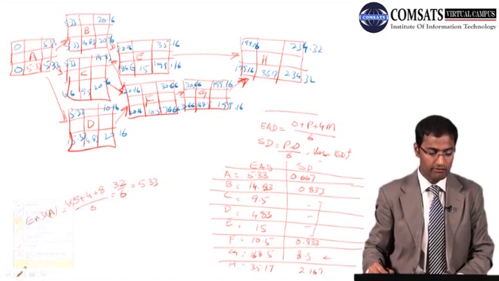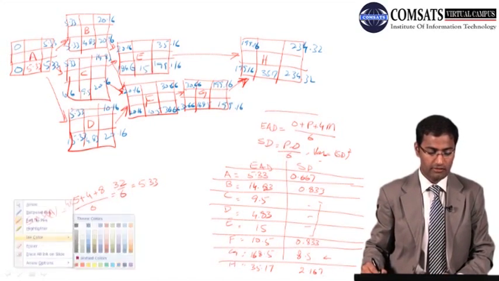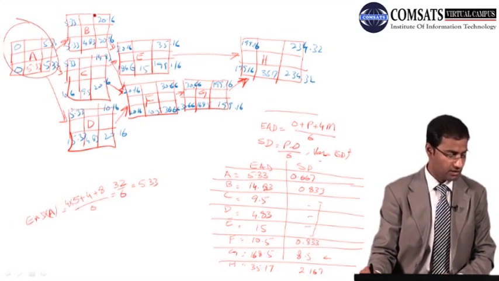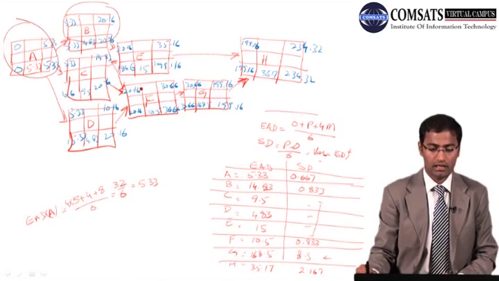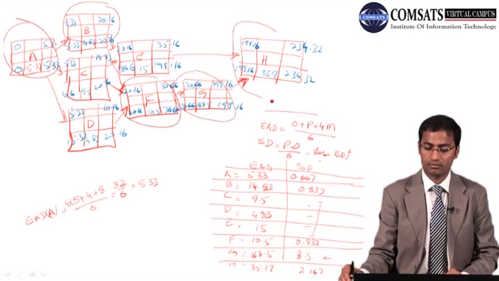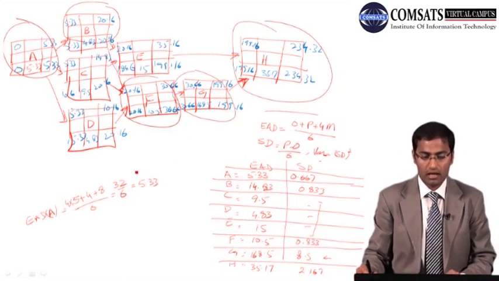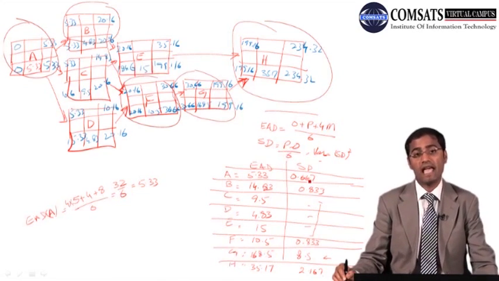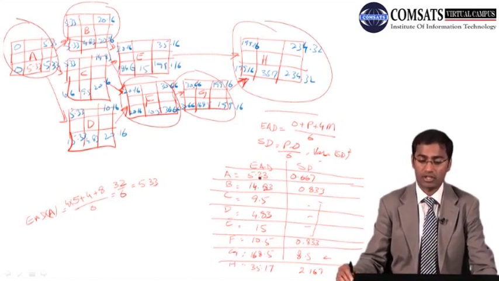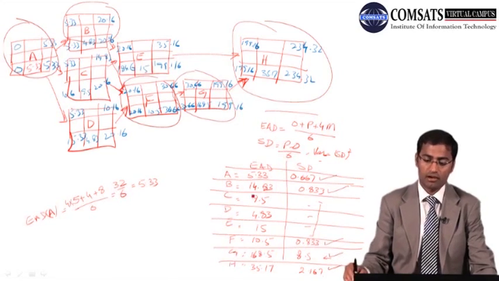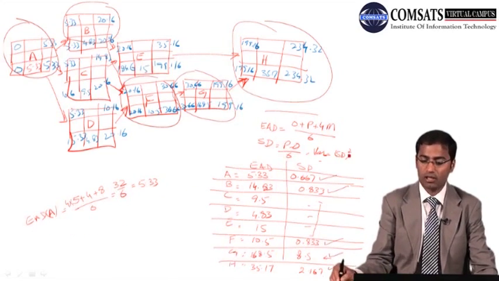So now we can identify the critical activities, and those are A, B, F, G, and H. Now you can see we have the standard deviation for these activities which we have mentioned: A, B, F, G, and H. We use this formula,